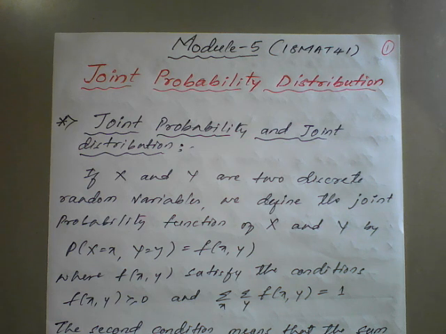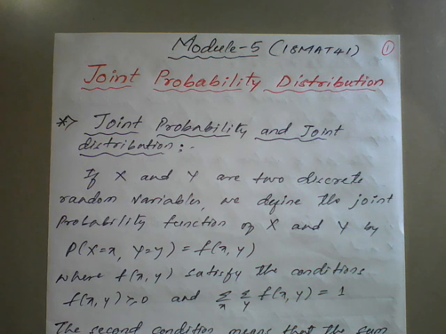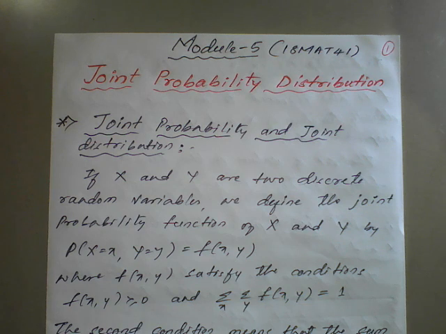So here we have seen in the previous class only the probability distribution. Here we'll see a joint. So what do you mean by joint here? In the previous class we have seen only the probability of only one variable, either x or variable y. But here we'll see the probability of two variables or more, that is, jointly finding the probabilities of two variables.